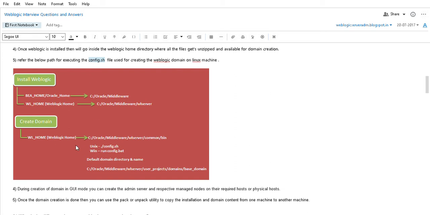Basically, it is available under WebLogic Home. And how does this WebLogic Home get created? It is created when you have installed your WebLogic under Middleware Home. Usually the path of this WebLogic Home goes till wlserver, and if you go two folders down, common and bin, you'll get this config.sh, and you simply have to run this config.sh after importing the GUI session with the Xming, which is the Windows software,